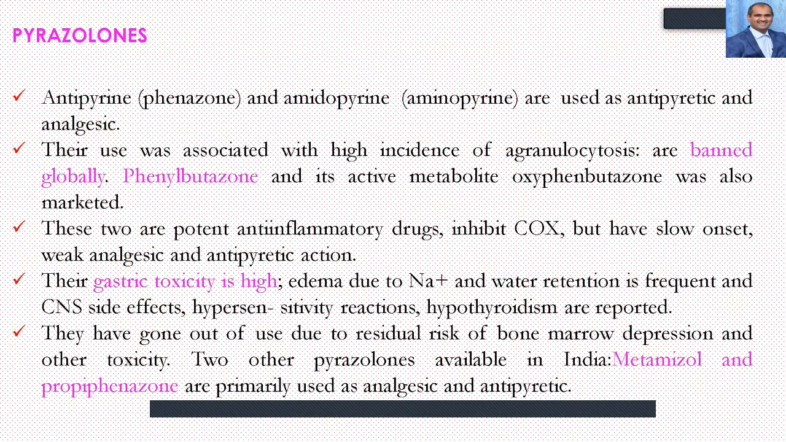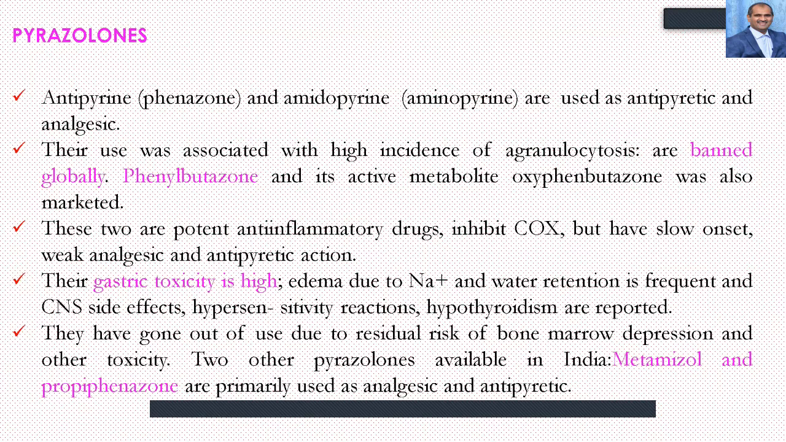And the next class is the pyrazolone. The examples are antipyrin, also called phenazone, and amidopyrin or aminopyrin, used as antipyretic and analgesic drugs. Their use was associated with a high incidence of agranulocytosis. And of course, both phenazone and amidopyrin are banned globally, and phenylbutazone and its active metabolite oxyphenbutazone were